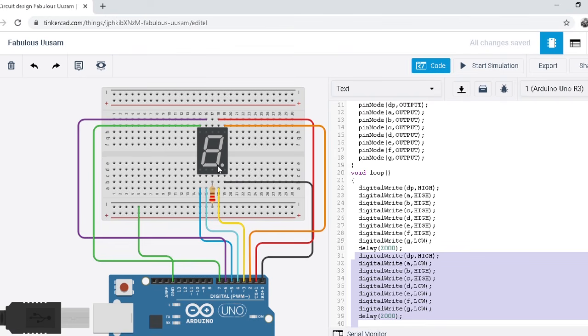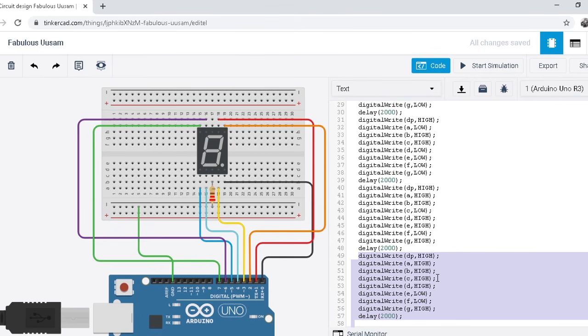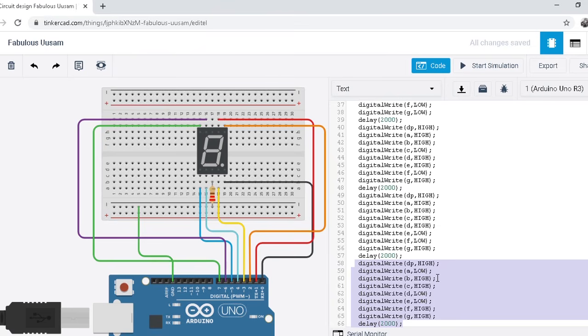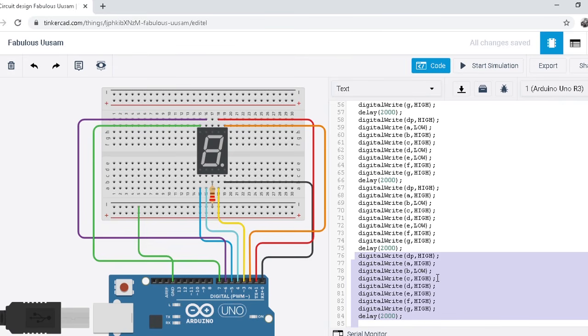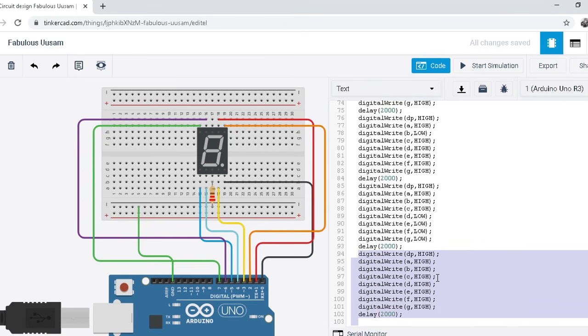So this is the coding for 1, this is for 2, this is for 3, this is for 4, this is for 5, this is for 6, then 7, then 8, then 9, and that's it.